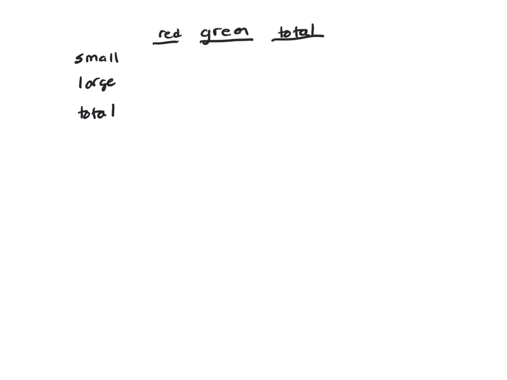So let's say you have X of the small red, you would have X of the small green. And let's say you have Y of the large red, you would have Y of the large green. So your total number small is X plus X is 2X, and large is Y plus Y is 2Y. And then your total red would be X plus Y, total green would be X plus Y, and your total